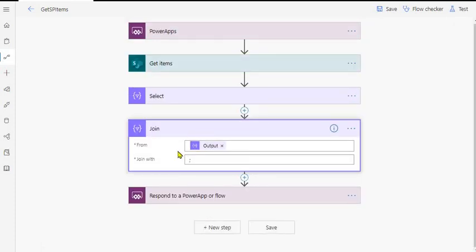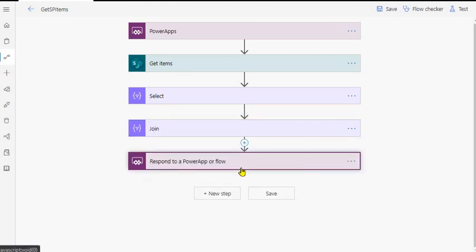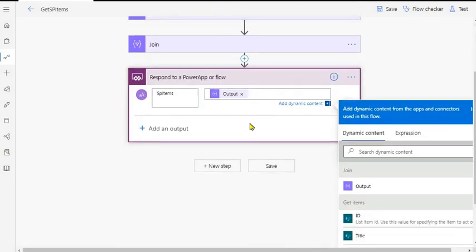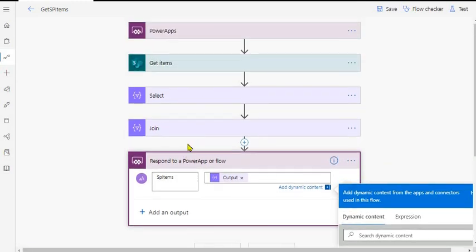So this will give you the delimiter separated string, and this string you can pass. Let's say here I have created a text variable, and I'm using the output of the Join action. So that's what you will be doing in the flow.